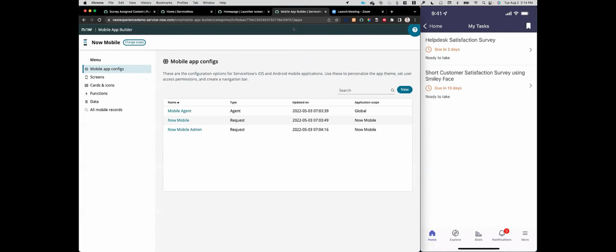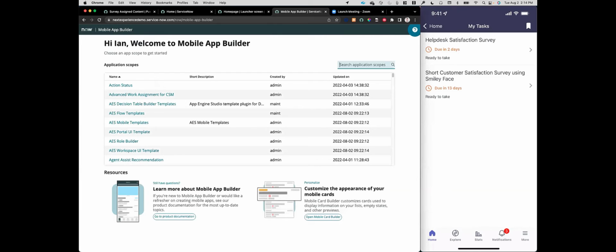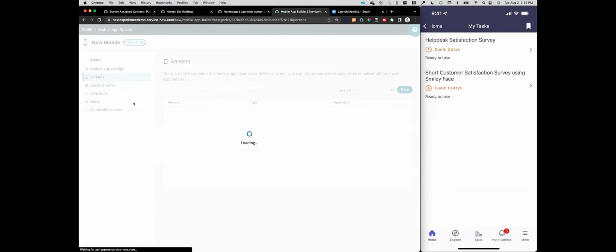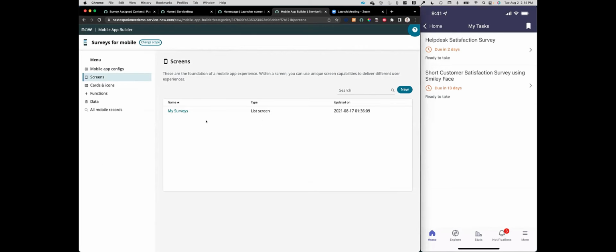a look at it over in Mobile App Builder, and we can just make sure that we're in the surveys for mobile scope. You might notice too, it should be the one with no description there. And here's our My Surveys list screen. So this is what comes as part of the plugin, and it's included in the existing out-of-box Now Mobile task